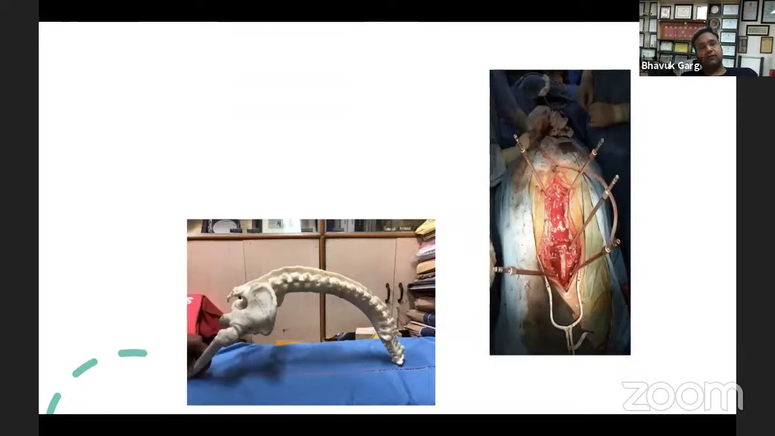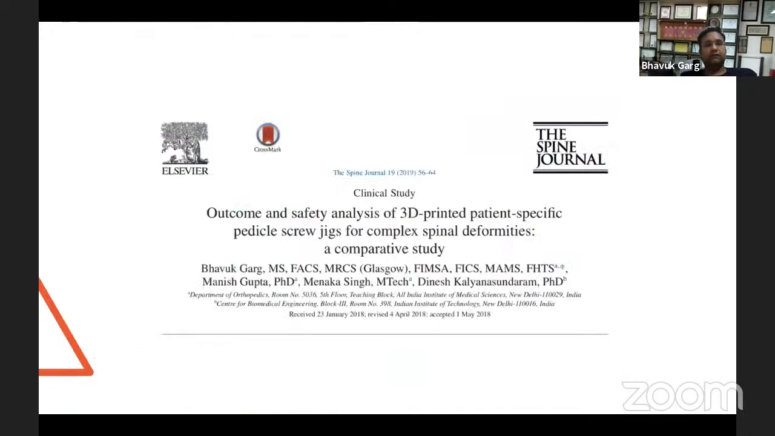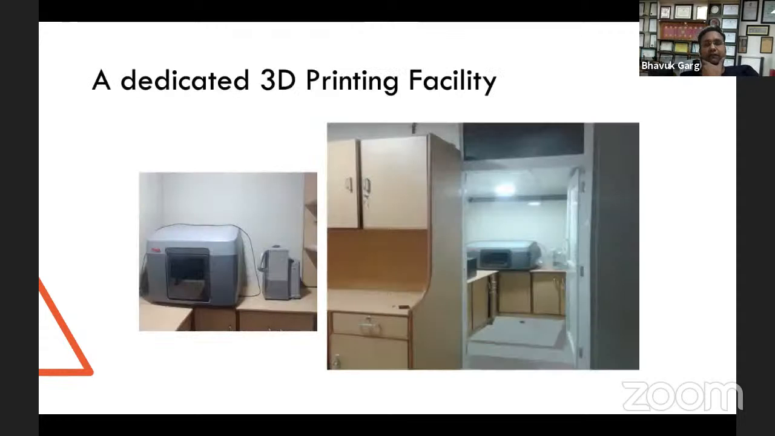They also help you in planning the positioning of the patient, because these complex spinopelvic deformities need a lot of planning to position these patients, because when you correct these deformities, there is also a lot of change in the position of the patient. So we also did this paper, which has already received many citations. We published in 2019. We have a dedicated 3D printed facility which I got as an award from the DBT,